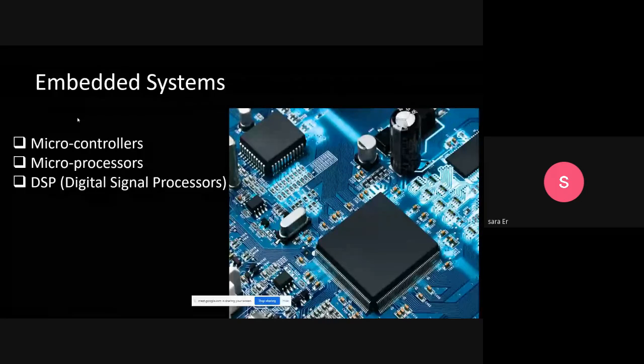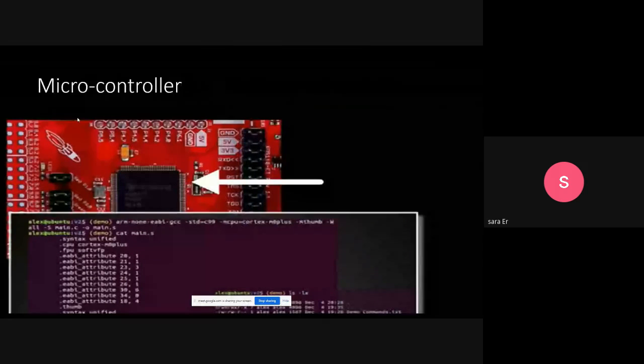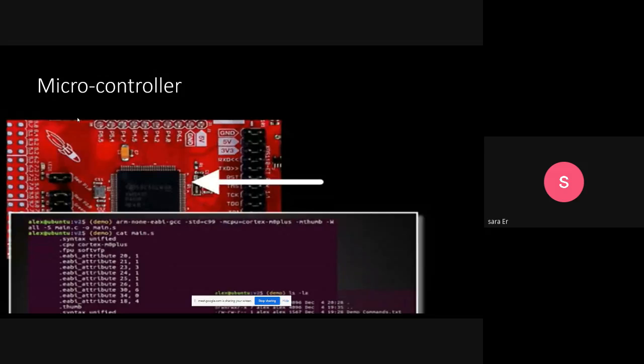Today, I want to discuss more about the microcontroller, and as an example of an embedded system, I will emphasize the Arduino board with the ATmega328 as the microcontroller installed on it. Every microcontroller, as you can see in this picture, is a black IC installed on a board.